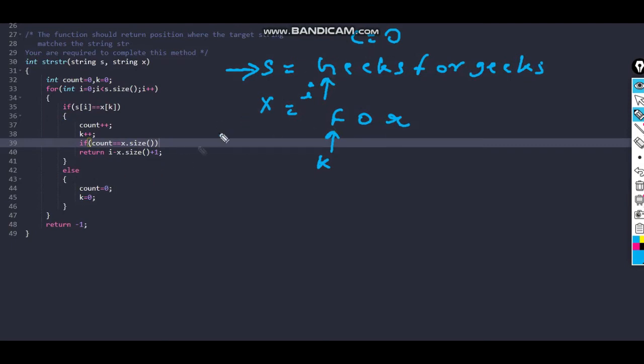count will be 0 and k will be 0, so k will be here, and we will again come to this I plus plus. I will be here, again we will compare, no, I will be here, compare, no, no, no. Now, yes, s of I is equal to x of k, yes, right, f is equal to f, so I will increment the count, k plus plus, now k will point to here. If count is equal to x dot size, so x dot size of this is 3, so count is 3, no, so we will again go to this